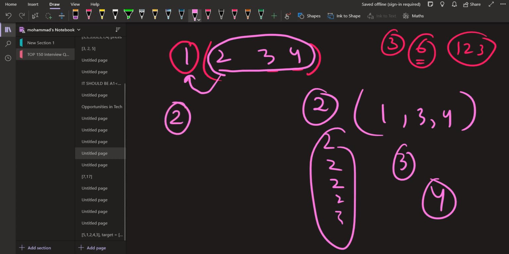When I keep 2 to myself, I want to generate the permutations of these 3 numbers, 1 2 4, 1 3 4, and then append them at the front of 2. Okay,